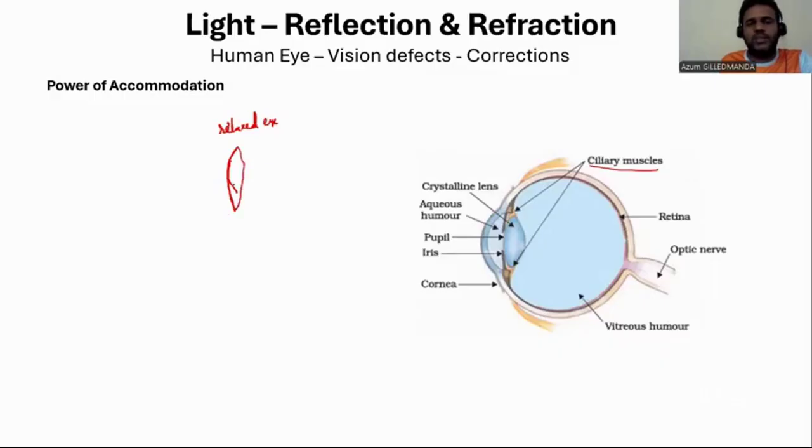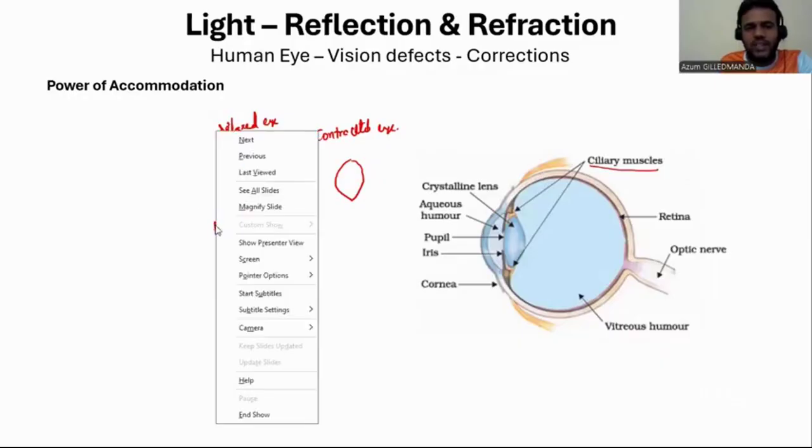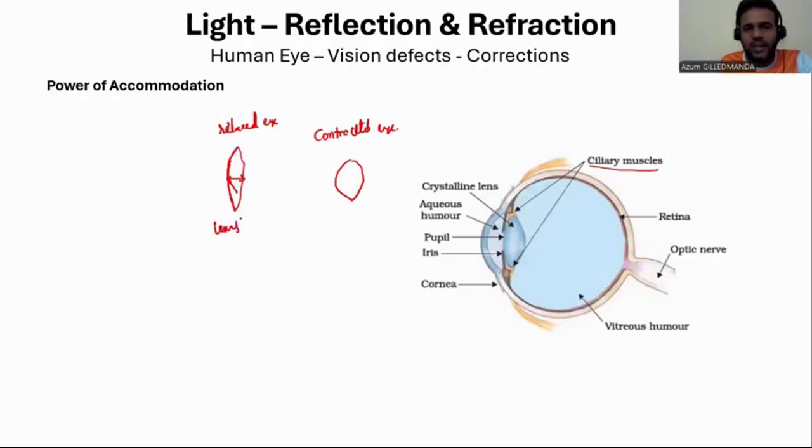Let's say this is the lens. This is the relaxed eye, then the contracted eye. So what the contracted eye does is, this curvature comes like this. If you see the thickness here, the lens thickness is less here, right, guys? The lens thickness is decreased. Okay, these are thinner, right? Lens thickness is decreased. That means the focal length